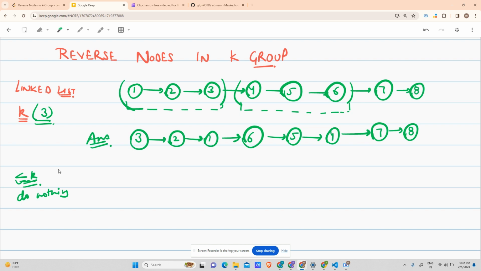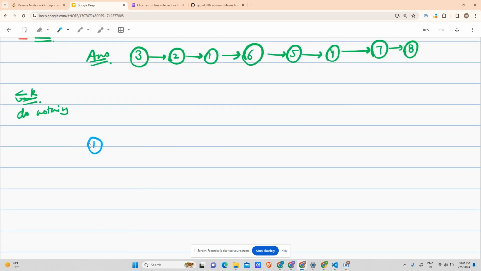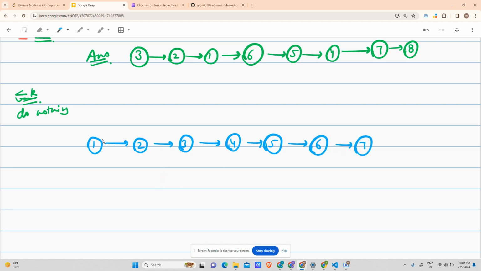All right, now how will we proceed? The simplest approach that comes to my mind is, I have been given a linked list 1, then 2, then 3, then 4, then 5, then 6, then 7. I have to first reverse this group. After that, I have to reverse this group. After that, if possible, I would reverse the next group, but it is not possible, so I will return the same. So, what if I take this linked list, send it to the reverse function,